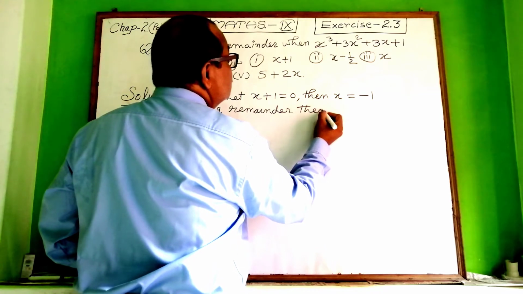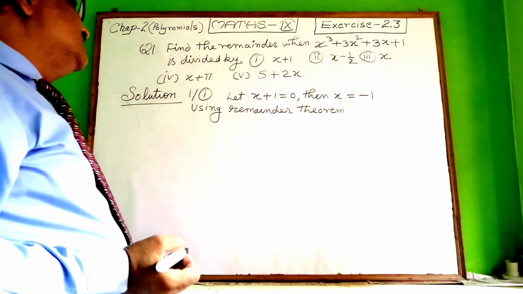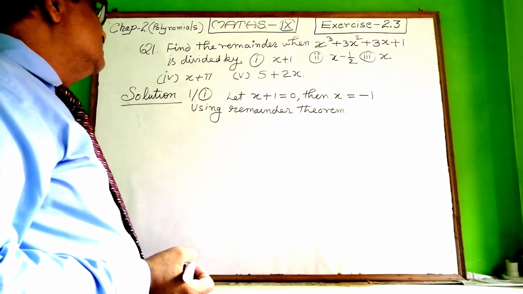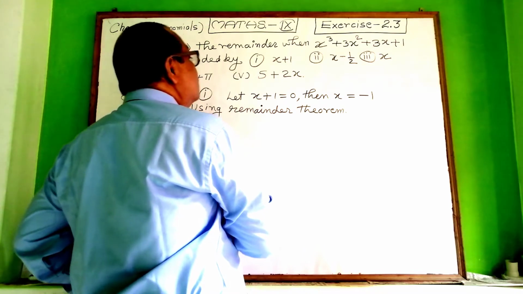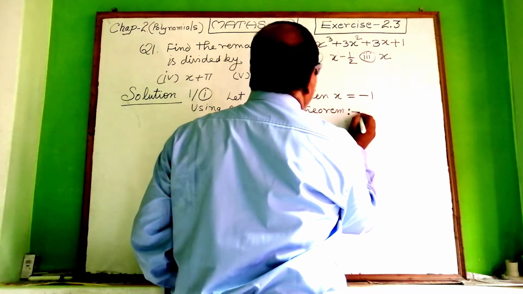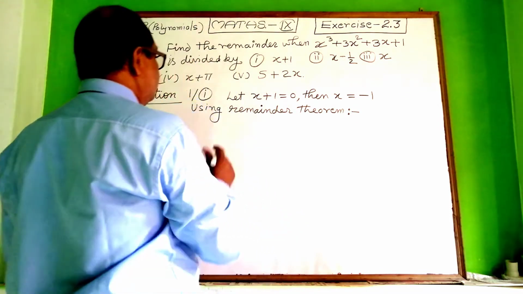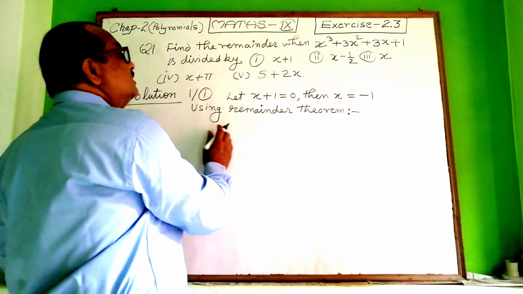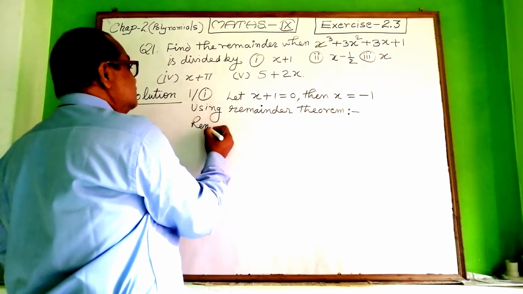here in this question it is not mentioned. You can do it directly by division as well as using remainder theorem. So first of all I am telling you how to use the remainder theorem. So using remainder theorem we get the remainder like this,